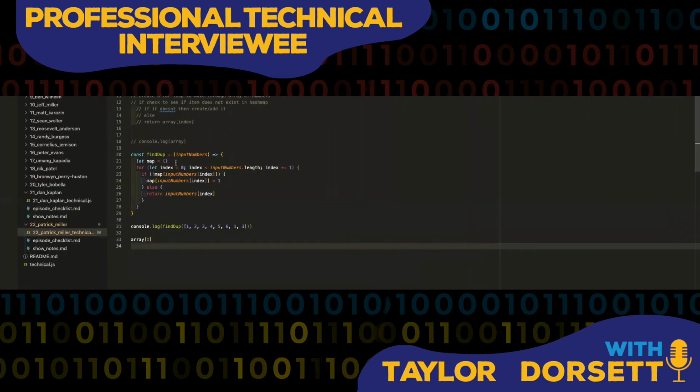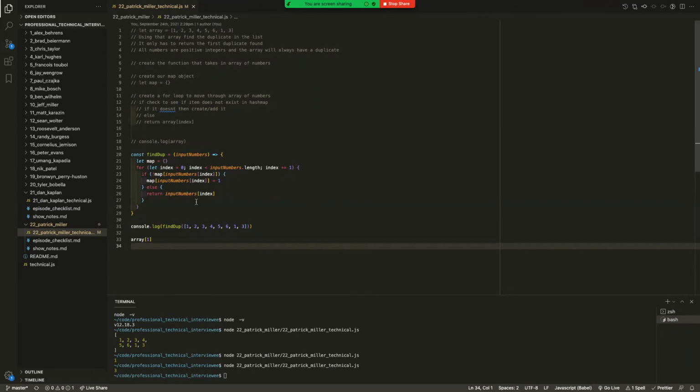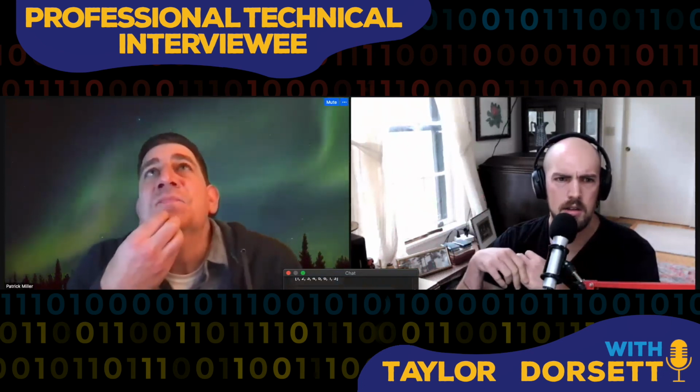The only other technical thing that came to mind was, have you ever seen someone solve this with a set? Basically passing individual numbers into the set, and then I'm assuming you could kick out of it maybe if there's a duplicate, because you could only have each number in there once in a set, right? Oh yeah. No, I don't think I've ever seen anyone use a set.